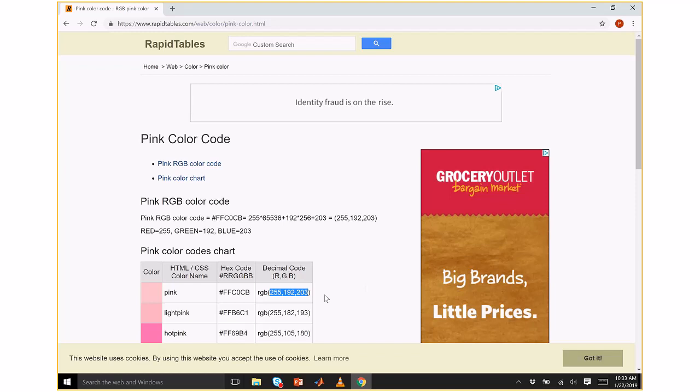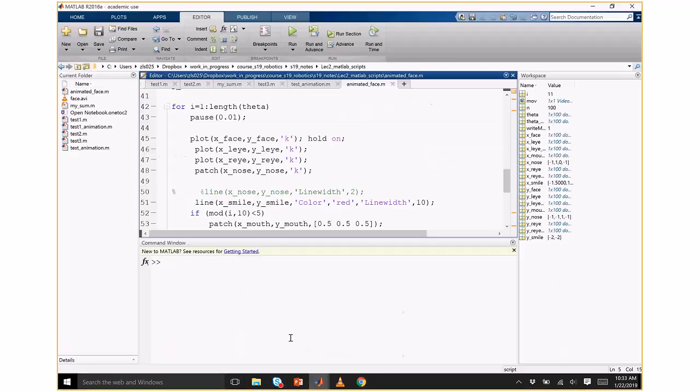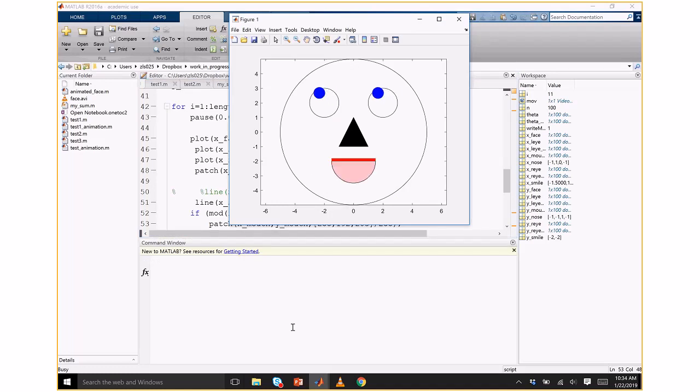So what you would do is go to MATLAB and paste it here, and divide the whole thing by 255, because it only accepts a number from 0 to 1. My claim is now that the mouth, the tongue, will be pink. See? Yes. So you can make it